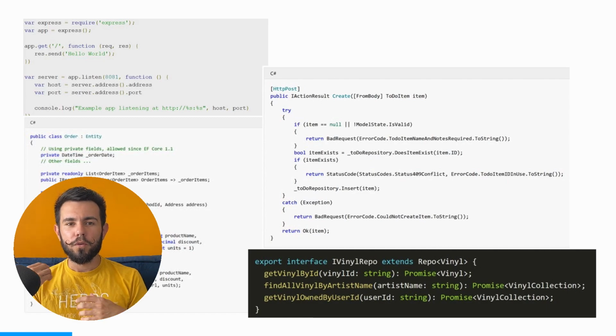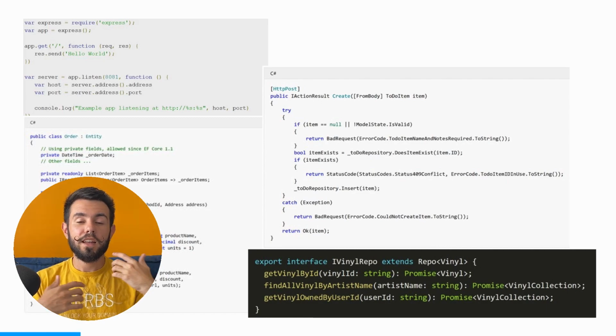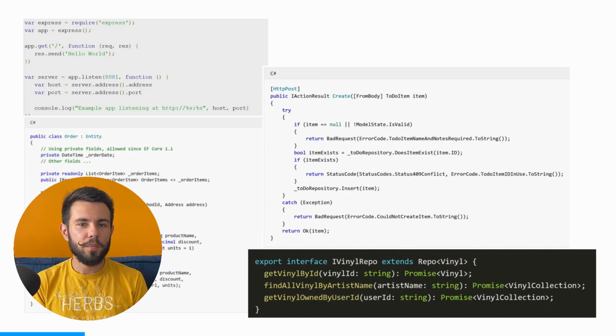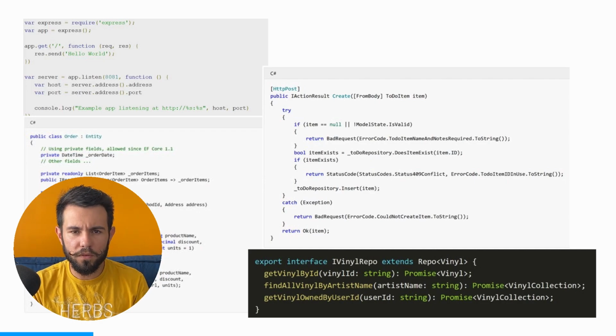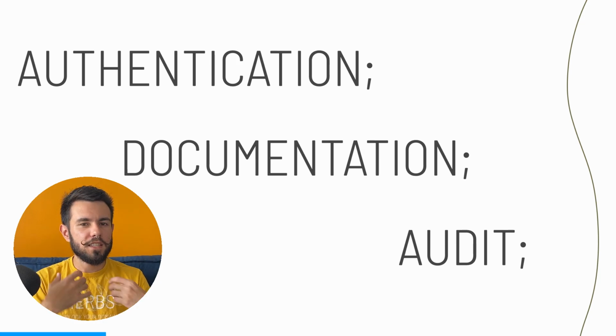For example, routes, repositories, documentation, and other features in our API or in our desktop application that are not linked with our business requirement. So all these features need time and effort to build, but they don't contribute to our